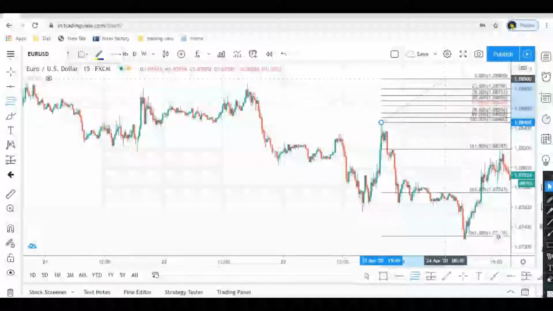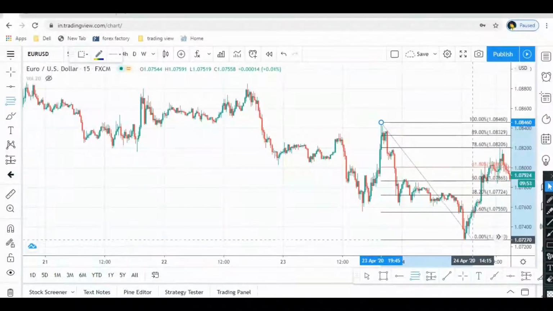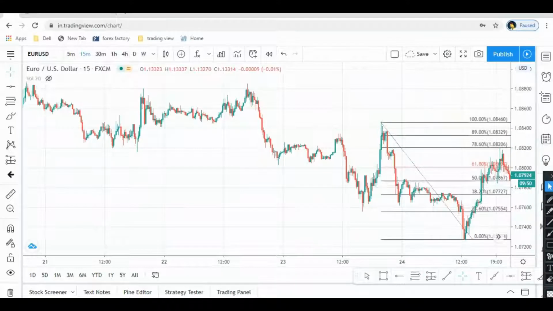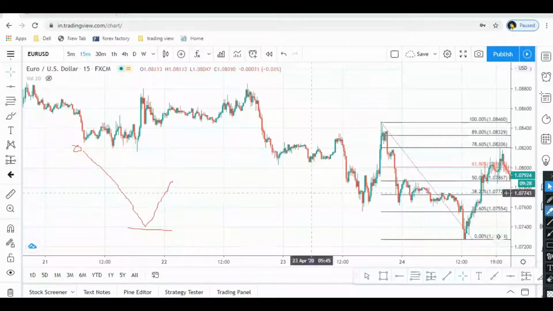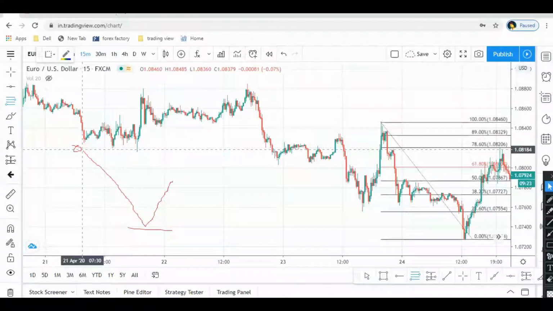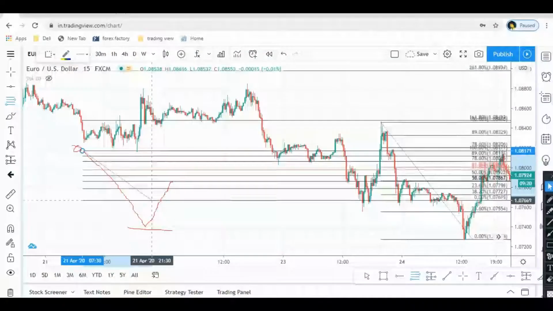One thing I want to tell you before we start: whenever I'm seeing a downtrend, price going like this, this is the peak high point. Price hits this area and after that price is reversing. So what we have to do in Fibonacci is find out the area. This is the area, from there to there,